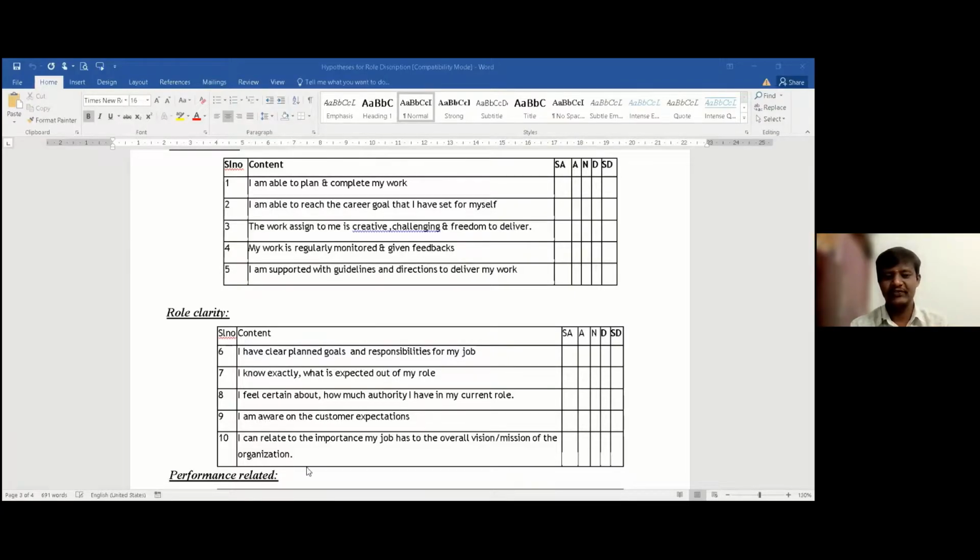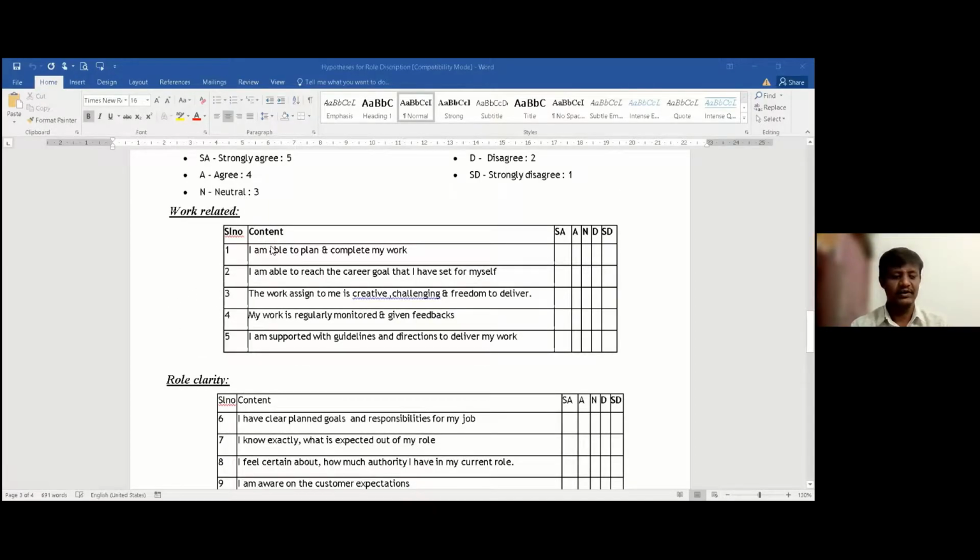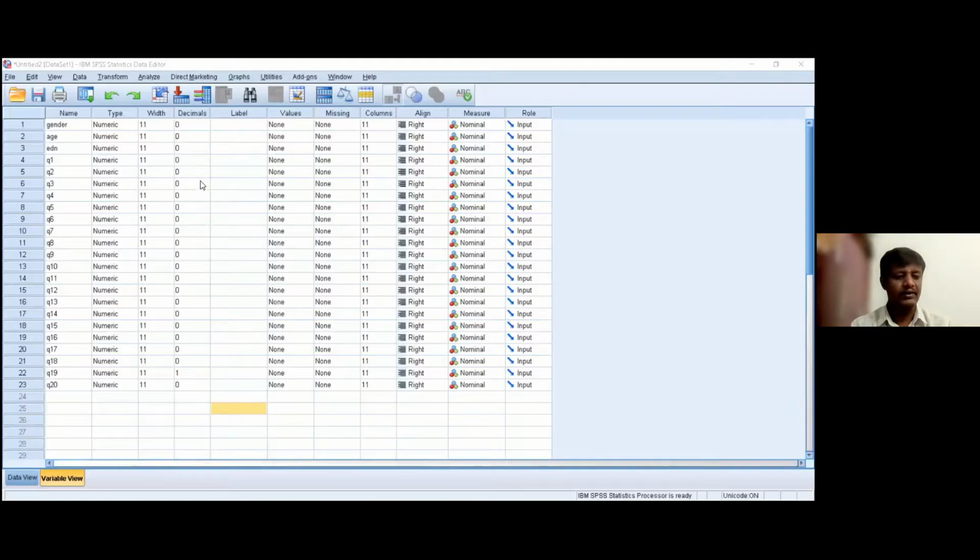So all these 5 statements will be related to one particular variable called role clarity, performance related, work related, or whatever name we have given to it. Now I will tell you how to combine these 5 statements into one variable. For that, we are going back to SPSS. You can even write it on your notepad, how to convert different statements into one variable.